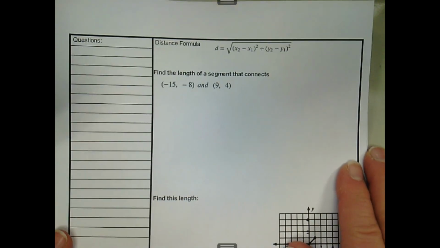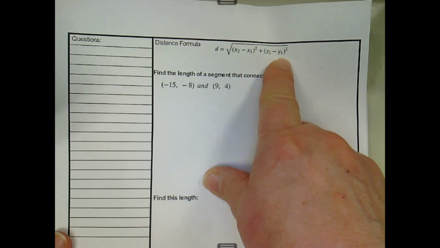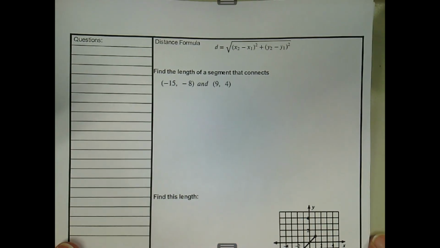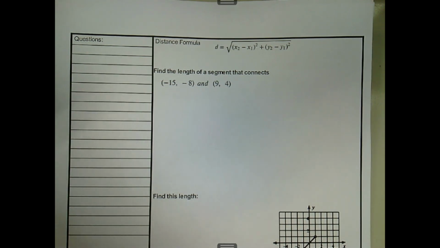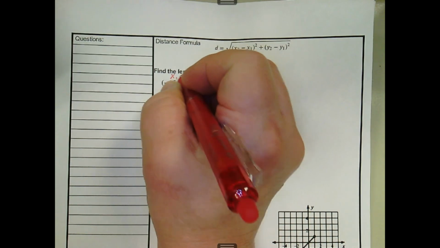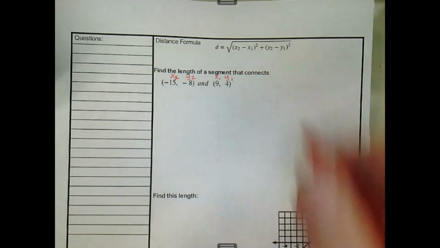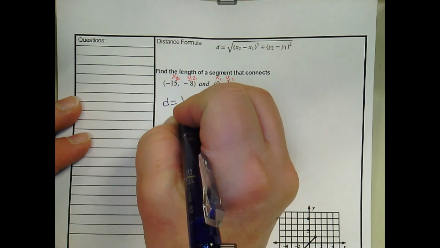Okay, distance formula. X sub 2 minus x sub 1, quantity squared, plus y sub 2 minus y sub 1, quantity squared. You square root the whole thing and you have your distance. It is based off of the Pythagorean theorem. So as I'm looking at this, I can call either one of my points point 1 and point 2. It does not matter. So if this is x1, y1 and this is x2, y2, then what I am looking at is my distance is equal to the square root of